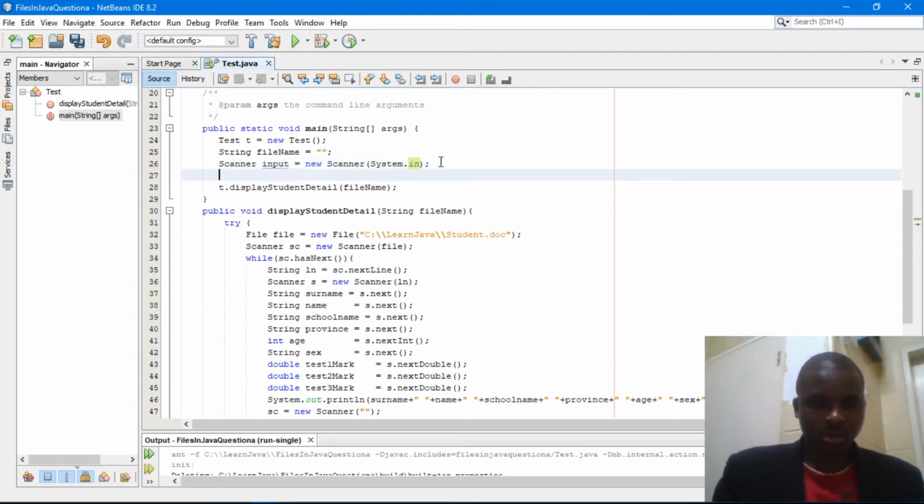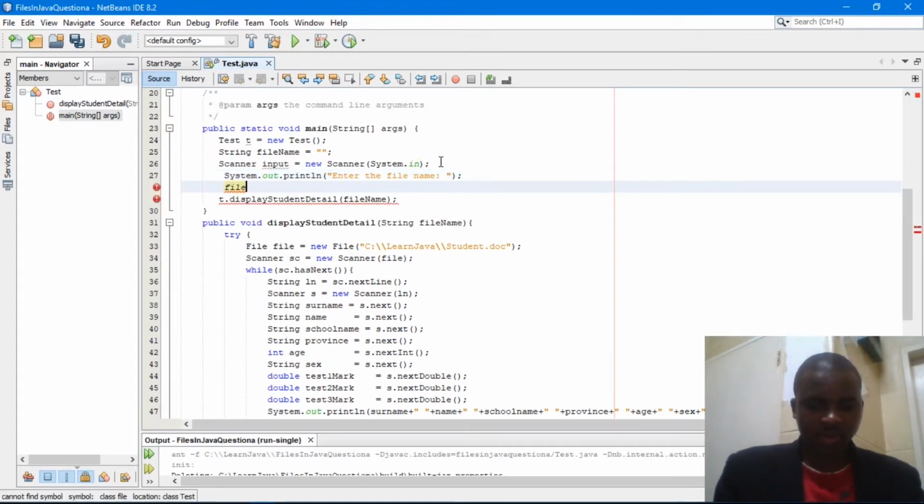Okay, just like this. And then here I'm going to initialize the fileName to input.next, which means I'm going to take the input which is going to be typed in from the keyboard.